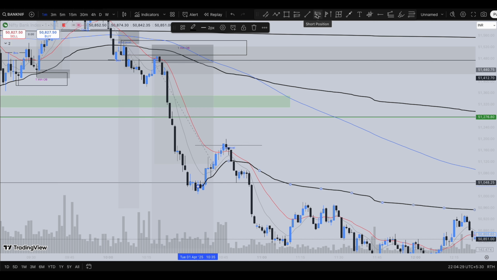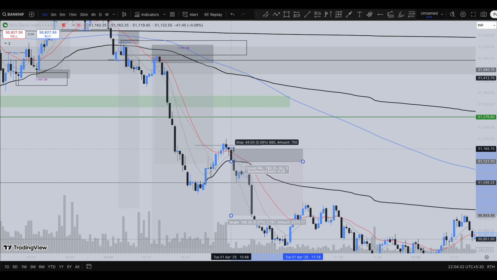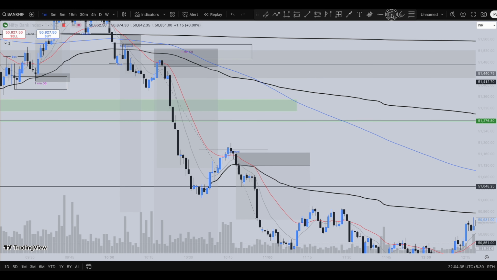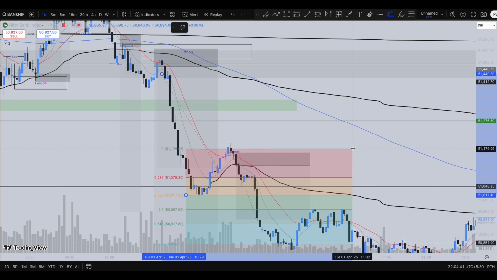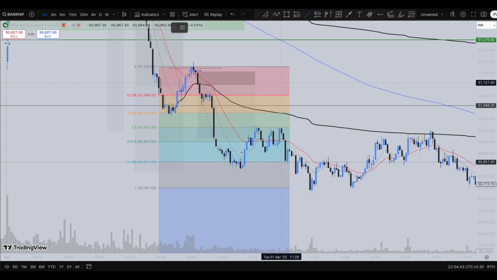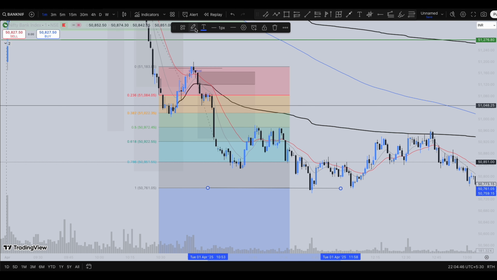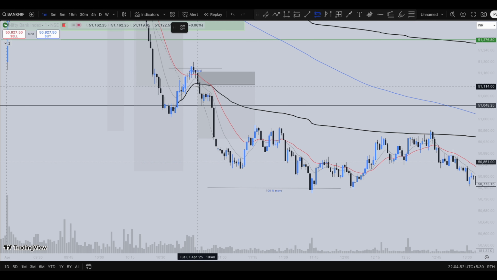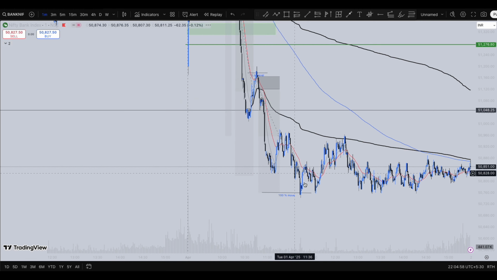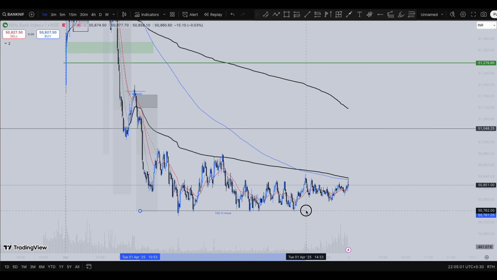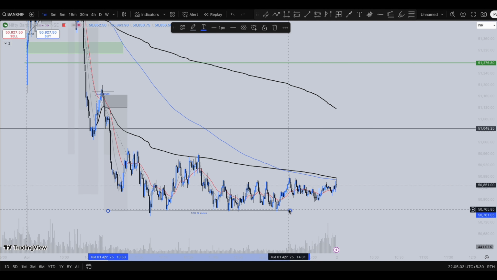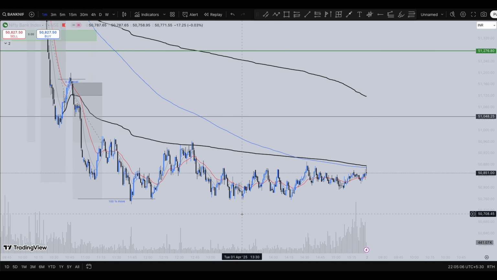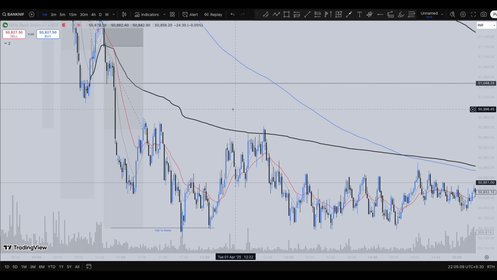So you could have entered a short position here, keeping your stop loss just above that candle. If you plot the fib extension levels, guys, from the common point between this to the common point between this to the common point between this, you could have targeted all the way to this level. This is the 100% move where you could have easily targeted. And this is a short trade all the way to this zone. This is where you could have targeted, guys. You can see where the market rejected price from these levels, and the market was not able to close below these levels, guys.